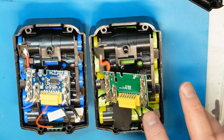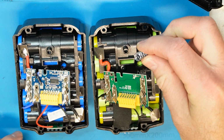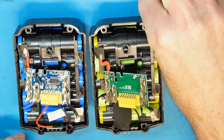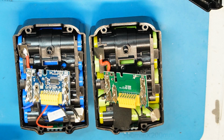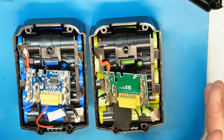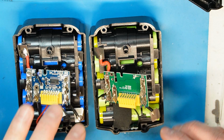Okay, so you can see two different types of batteries. The spring is just put here so that when you remove the case, you can cause a short. So be very careful when doing all the disassembly. I don't recommend doing it. Anyway,